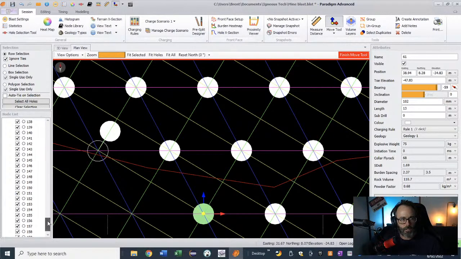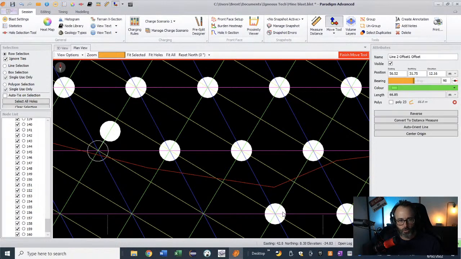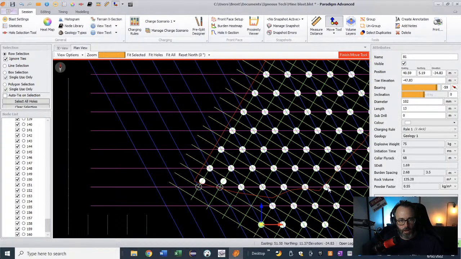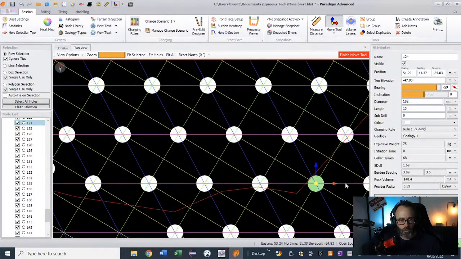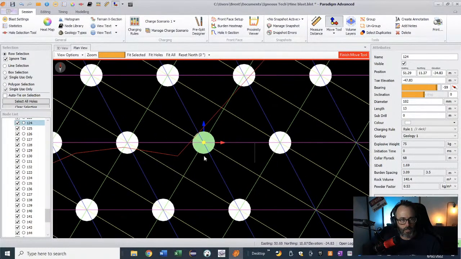So the gridding tool helps you place a blast hole in the correct location. So these ones all out here, we know they're outside our red line. We essentially don't need any of them in this area until we get around to here. So we'll just ignore those ones out there, and now we've got a bit of a gap in our blast